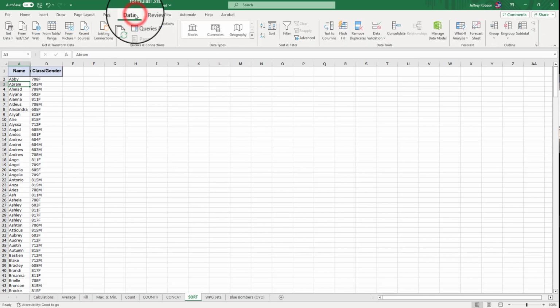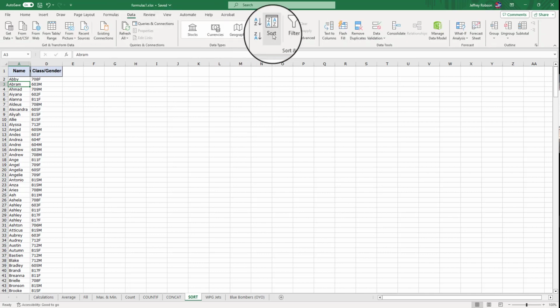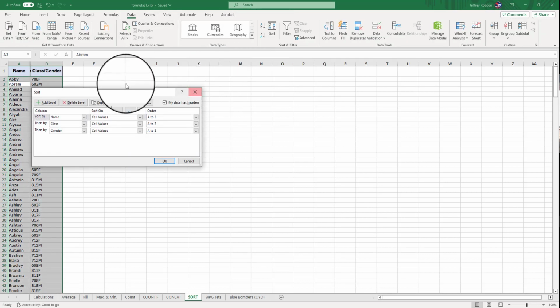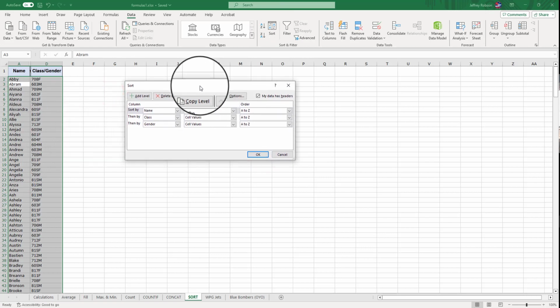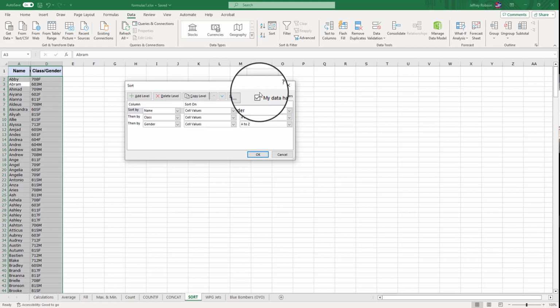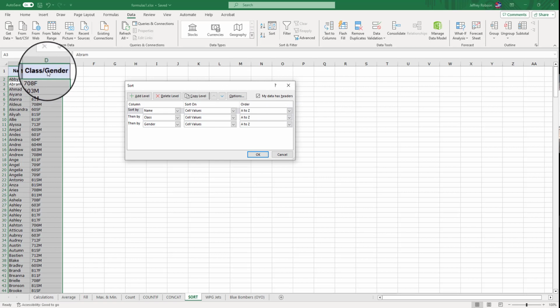So if I go to data here, there's a button that says sort. What sort does is it lets me take that information and sort it in whatever way I want. Now the first thing I want to look for is up here. Does your data have headers? Is there column headings up here that I want to use